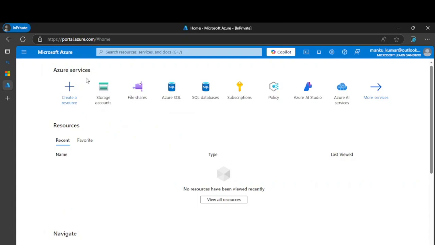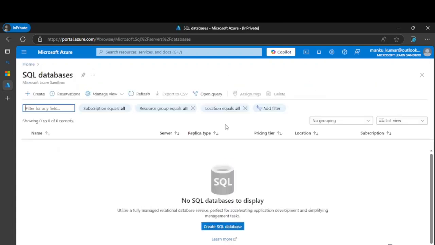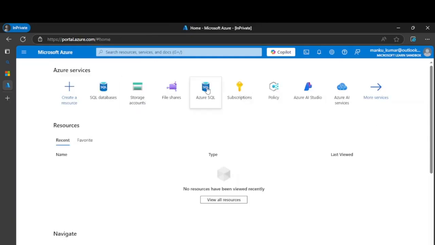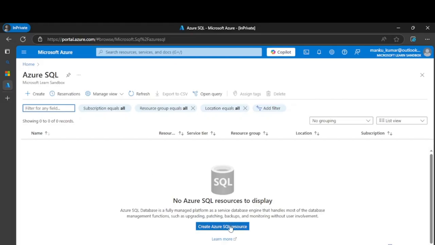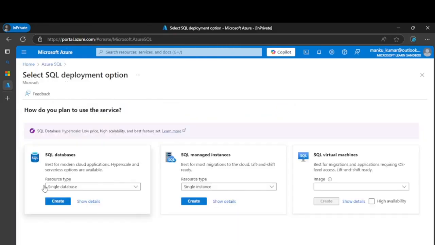Now let's try to use the services of Microsoft. Suppose I have a SQL database. Here I can create a new SQL database as well as new Azure SQL. So let's create one resource for the purpose. Even if you say you have not used any resources, just show the portal. Once you click on Azure SQL deployment, you will get an option.